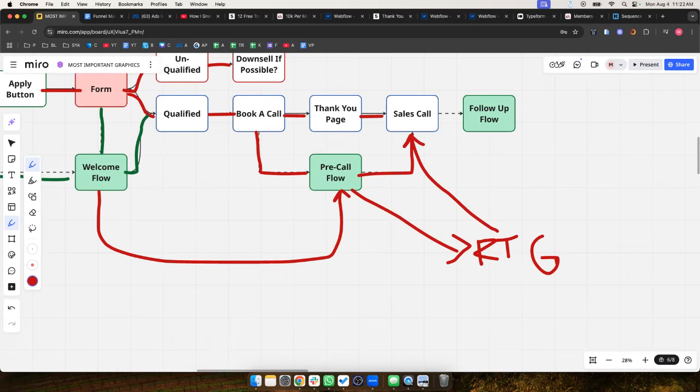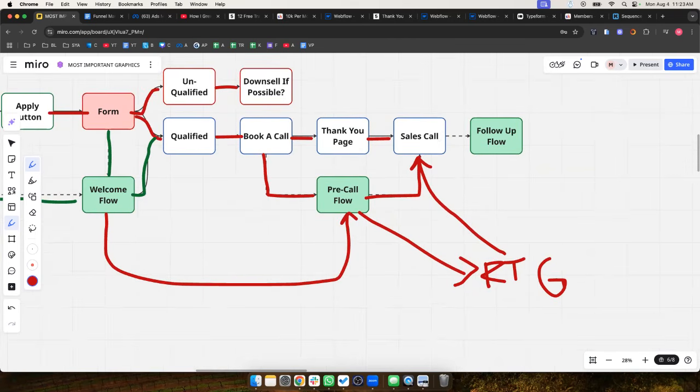The goal, if you're going to do this strategy, and when I say volume, what I really mean is you're getting at least 400 calls booked on a monthly basis. If you're getting less than that, chances are these ads are not going to deliver at all. Basically, you have to have at least 100 people in this custom audience for these ads to deliver. But Facebook doesn't match everybody perfectly. A lot of the time, you can lose 75% of those people in matching. So you need to have 400. That's just, if you're looking for math and a quantifiable definition of what is volume, then that's it.